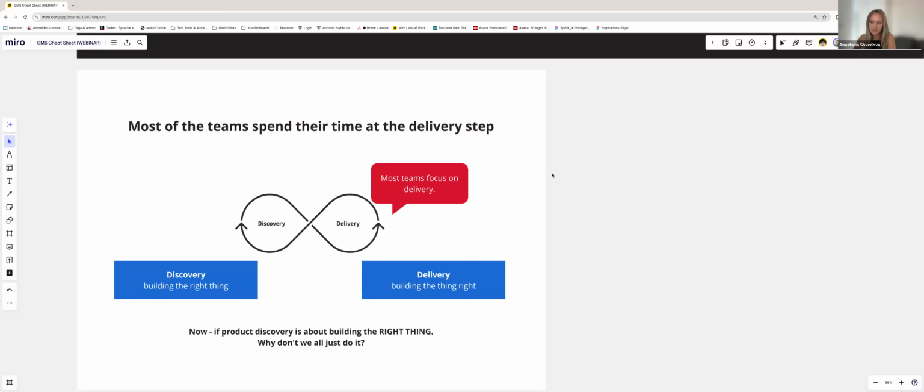But when we look at this, it might be a bit frustrating, right? Because somehow it would be more logical to first answer the question, what is the right thing to build for the users? But it comes too short in the process. And there are different reasons for that. Maybe you can share some reasons in the chat, but what we've heard so far is that teams are considering